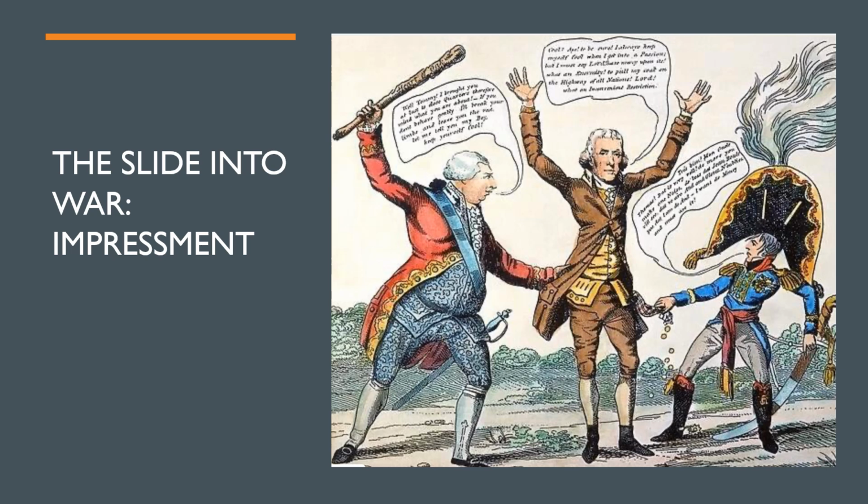So the first problem that was of great concern to Americans was the impressment of seamen off American ships. Britain had been fighting a 2-decade-long war against Republican France and then Imperial France under Napoleon. Its manpower was seriously depleted, and many British sailors joined American ships because they were better treated and better paid. But the British felt it their right to stop American ships. They were in serious need of manpower, and they would seize the British sailors off these ships. Over 6,200 were seized between 1803 and 1812.